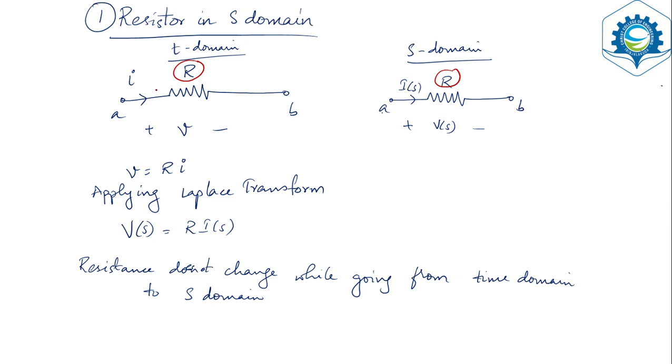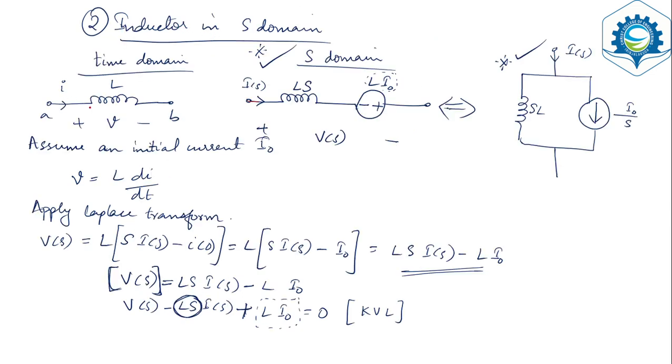Okay, similarly, if you look at an inductor in the S domain, if you have a simple inductor over here, when you are converting it into the S domain, you can see over here the current is entering in this direction. Okay, you can replace the inductor with an inductor in series with a voltage source, and you should also check the polarity. You have minus first and then plus,